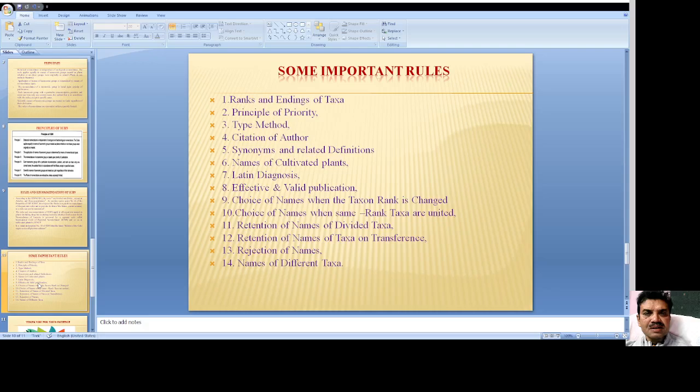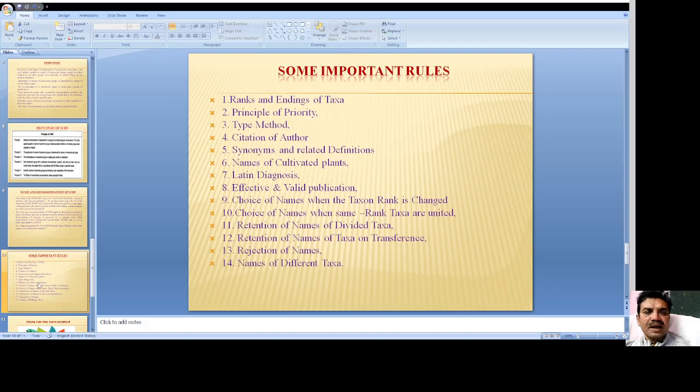That is very important. Then the principle of priority, then there will be a type method, then citation of the author, synonyms and related definitions, then some provisions for cultivated plants, Latin diagnosis, effective and valid publication, choice of names when the taxon rank is changed, choice of names when same-rank taxa are united, retention of the names of divided taxa, retention of the names of taxa in transference, rejection of names, names of different. So these are the different kinds of issues that have been clearly demarcated under certain rules, that in which way this kind of problems can be addressed, like for example